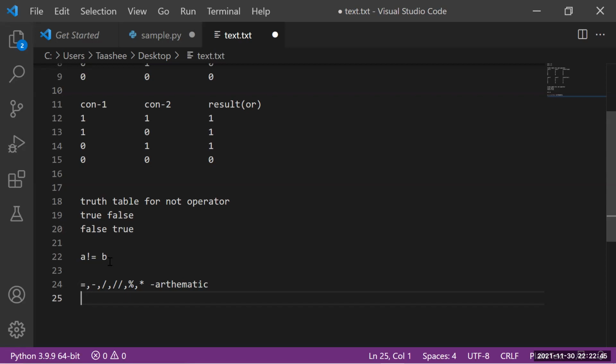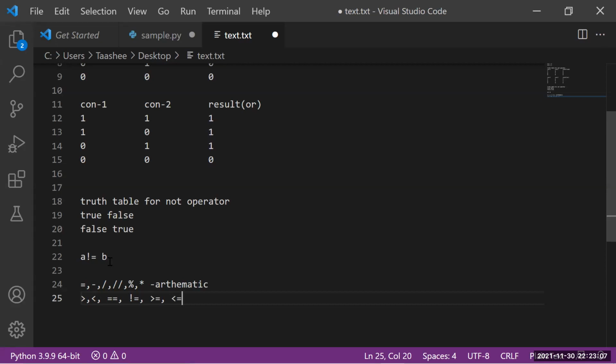What are the comparison operators we have learned, guys? Greater than, less than, equal to, not equal to, and then greater than or equal to, less than or equal to, right?